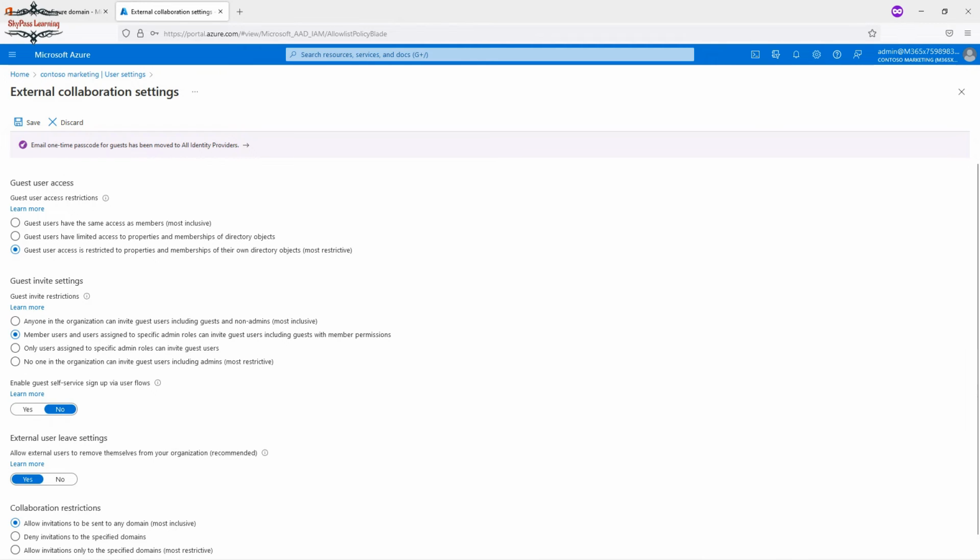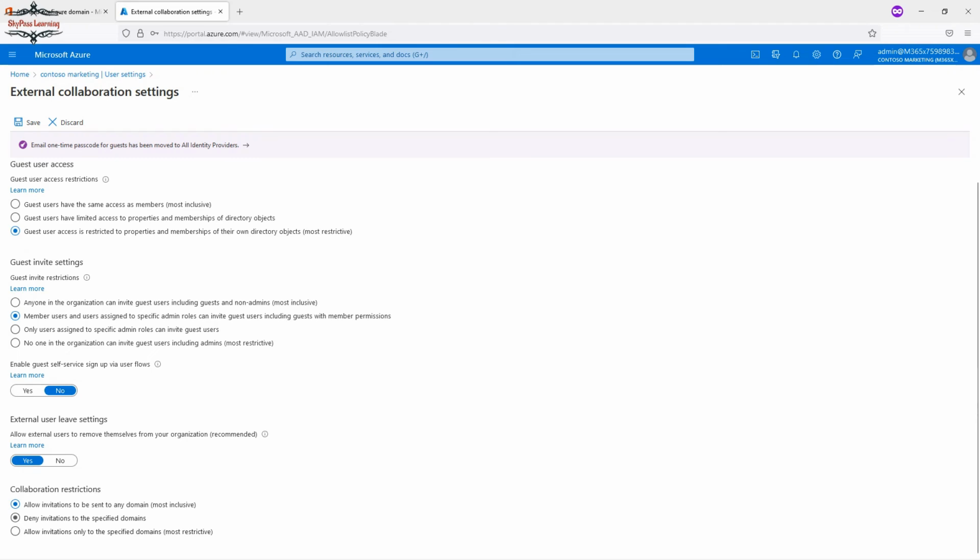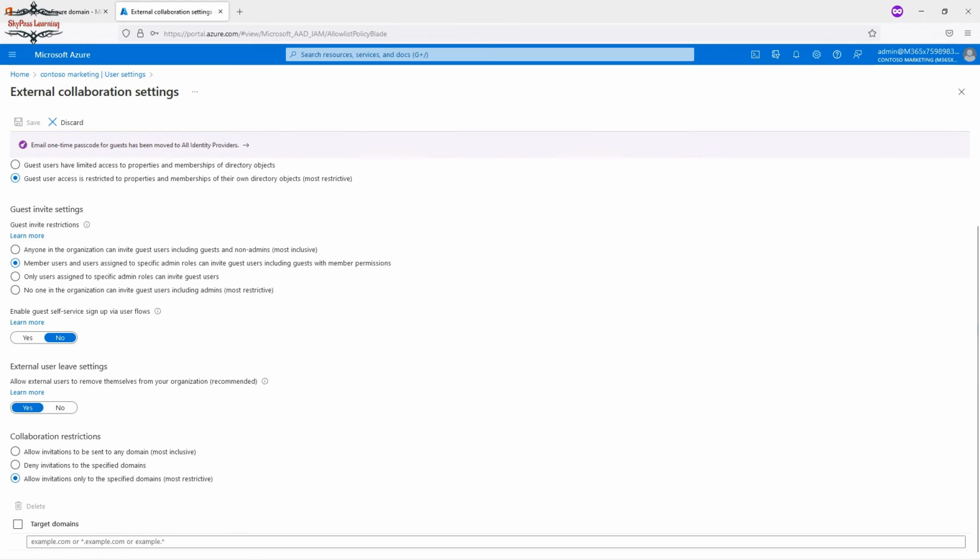Enable the guest self-service sign-in via user flow. That will be left as a no, because I don't want to do that. External user, leave the setting yes, and allow invitation to be sent to any domain. Here, if I want to restrict it, suppose I have a limited domain, then I can allow it to the